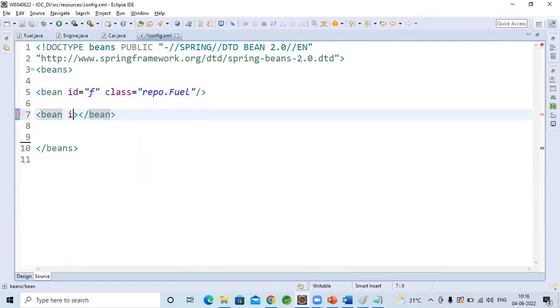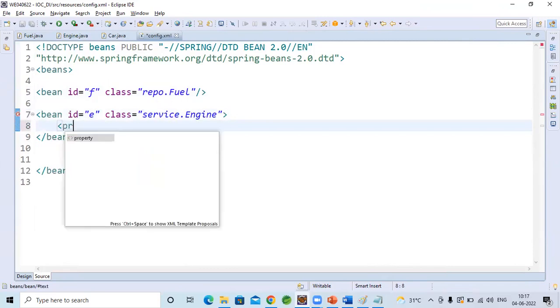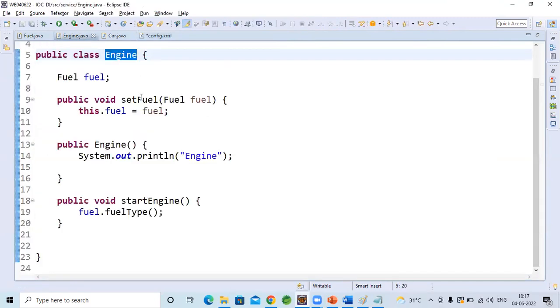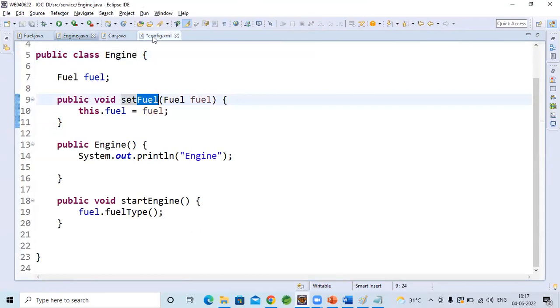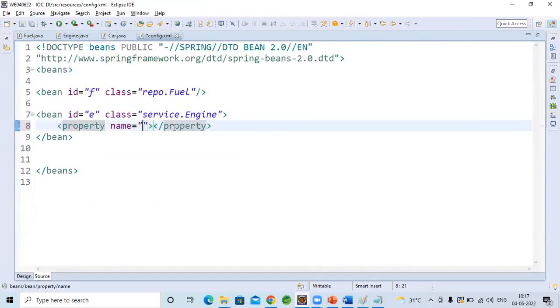Bean ID, engine, class name. It is there in service.engine. So here you need to do the dependency injection of fuel. How to do that? To call setter methods, you need to use the property tag. What is your setter method name? setFuel. You need to keep this here. Or else you can use a simple reference name also here. The reference name is fuel,